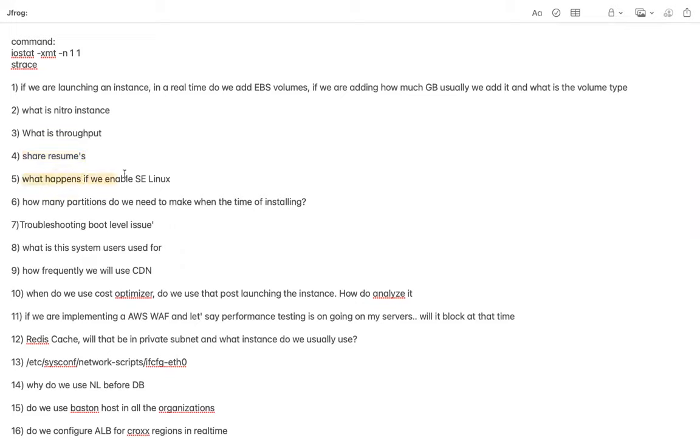So what happens if we enable SELinux? SELinux means Security-Enhanced Linux. That is an additional layer of security on top of the Linux operating system. For example, by default, HTTP works on port number 80. But let us say, in order to enhance security, we change the HTTP port to something other than 80 or 443. In that case,